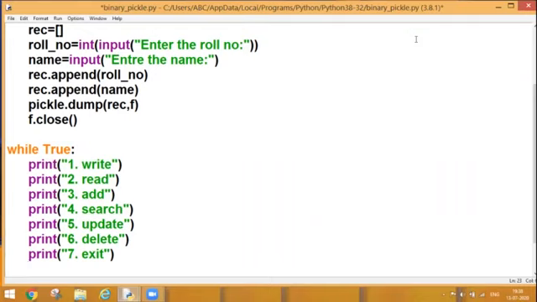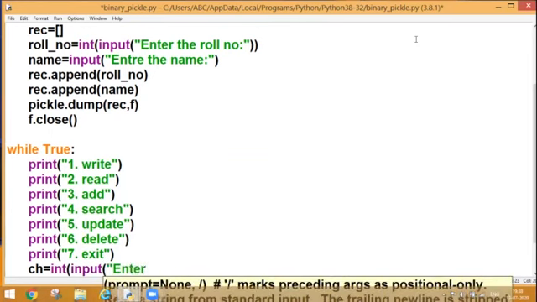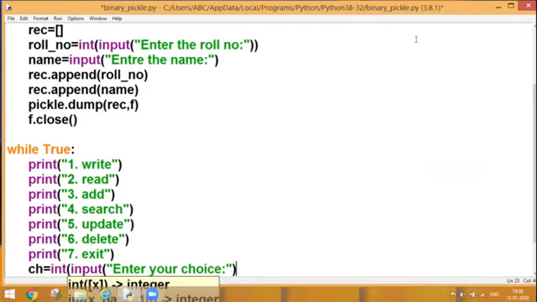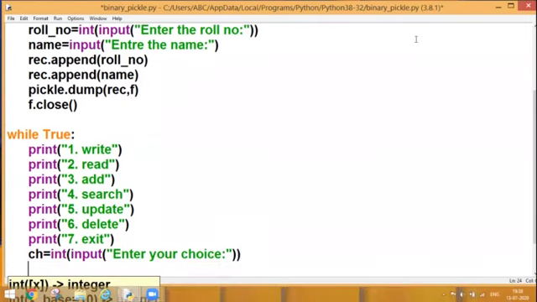But how will the user give the input for the options? For that, I can accept one choice variable. Choice is equal to int input, enter your choice. So we have accepted the number from the user, and now I am going to check if the choice is 1.